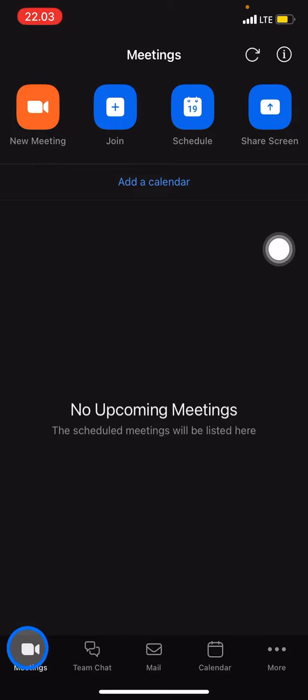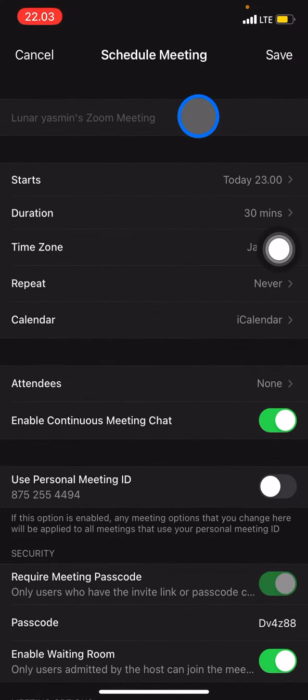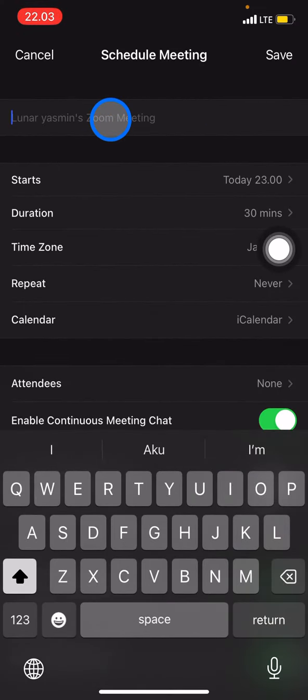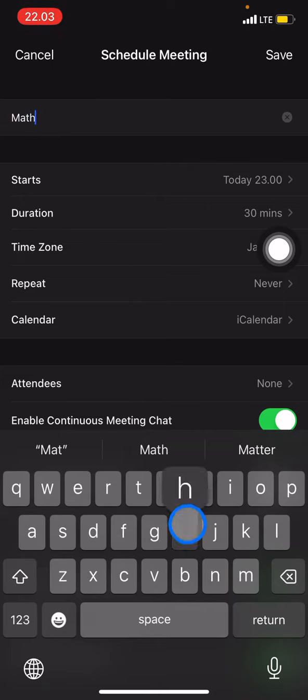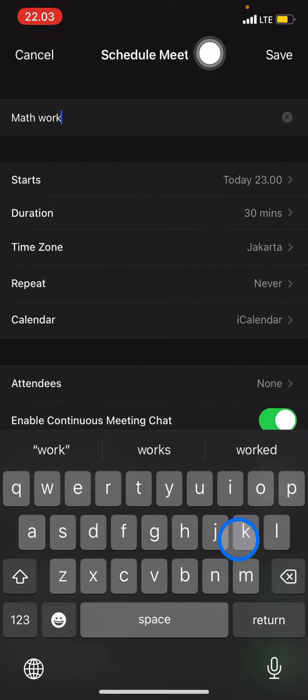If you're already in the meeting section, you just need to take a look at these several options in the upper right corner here. After that, you just need to jump into Schedule. And now you can just type the name of the meeting that you want to have, for example, math work. And after that, you just need to decide